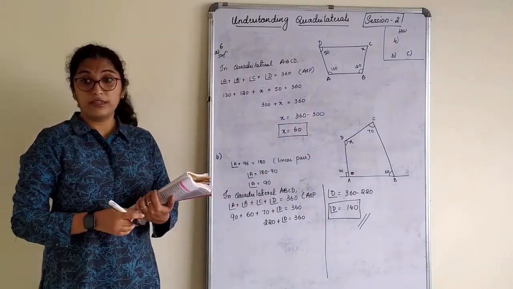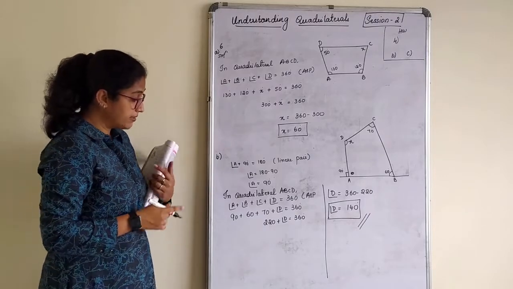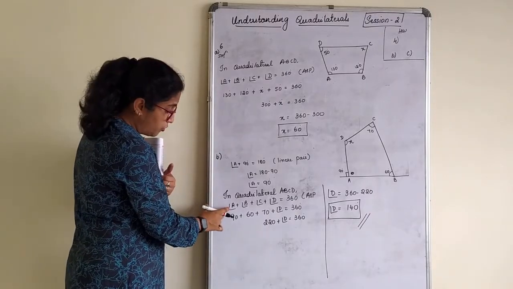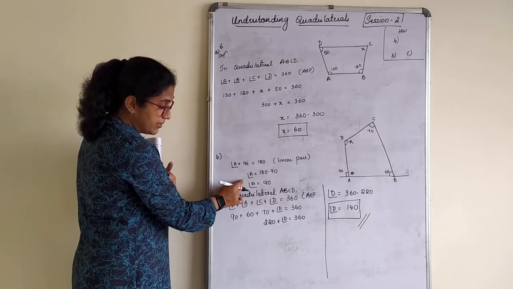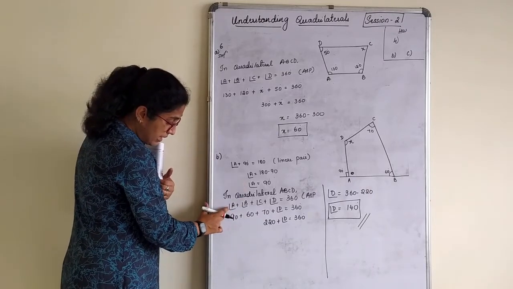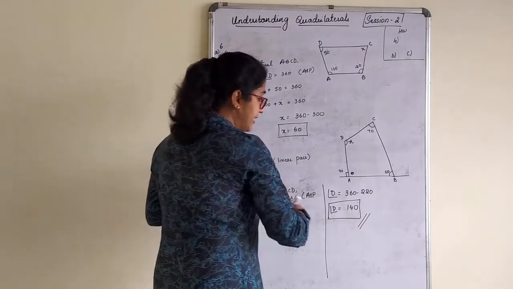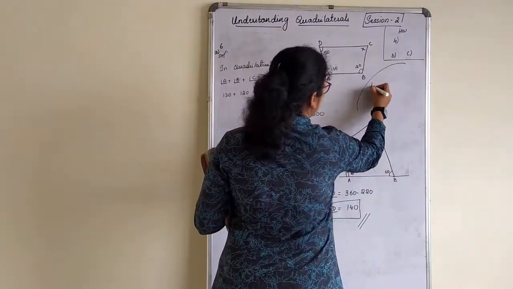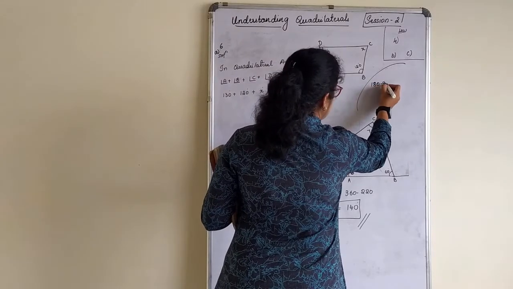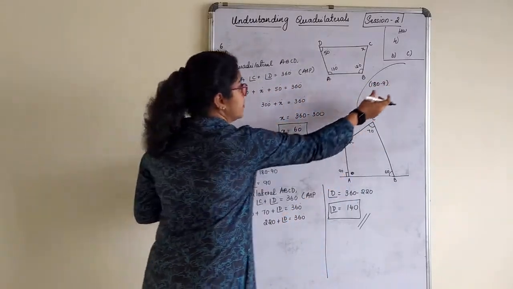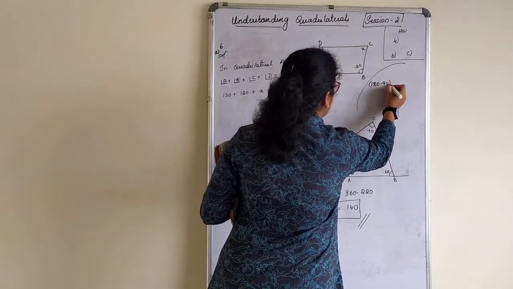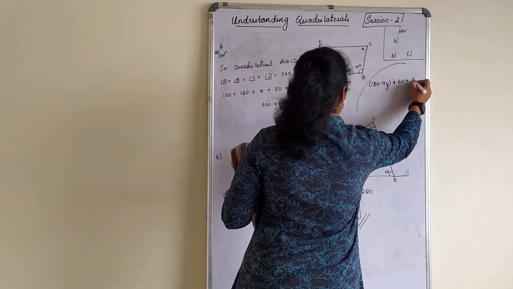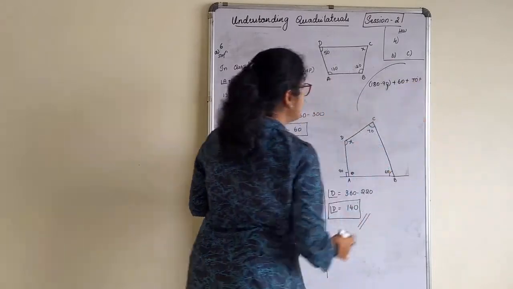Okay, so that is how you calculate these angles. What they actually do in school is, I'll show you that also. Angle A, 90, I got by this. Here, they will write this angle A as 180 minus 90, 180 minus 90 plus 60 plus 70 plus B is equal to.